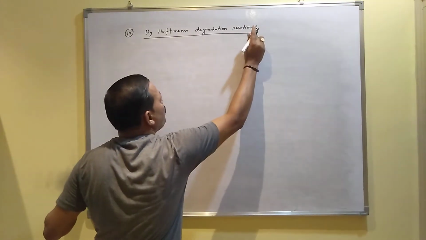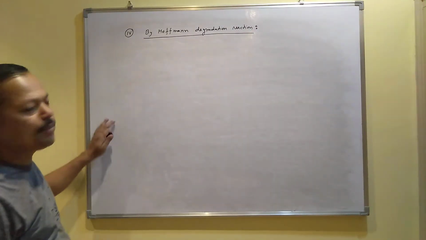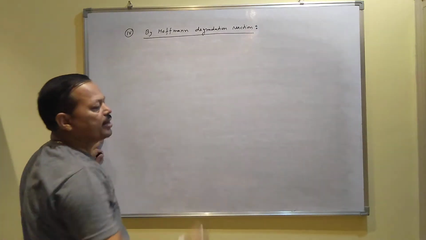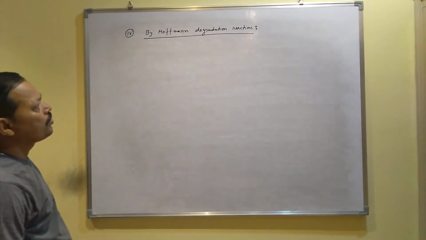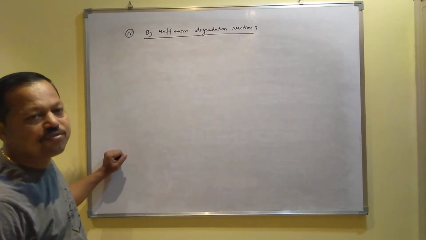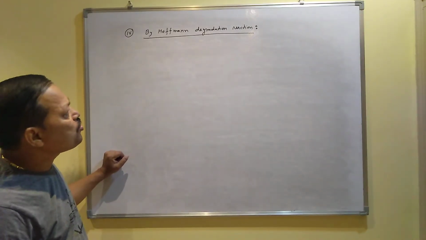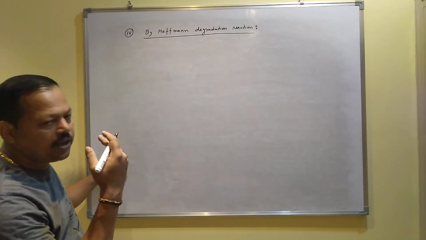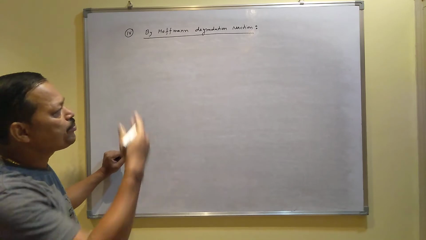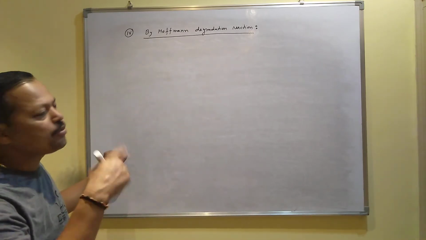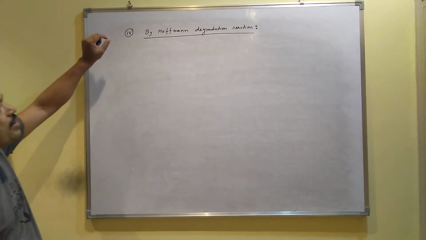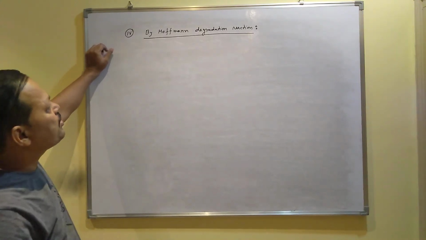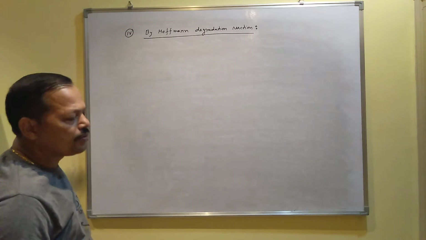This reaction is one of the important reactions of amines. You will get a question from this reaction in your exam. This reaction was carried out by Hofmann, and it is called a degradation reaction because if the reactant contains 2 carbons, in the product side you will get 1 carbon. I mean 1 carbon is reduced. That is why this reaction is called degradation reaction, and it is mostly used in conversions.